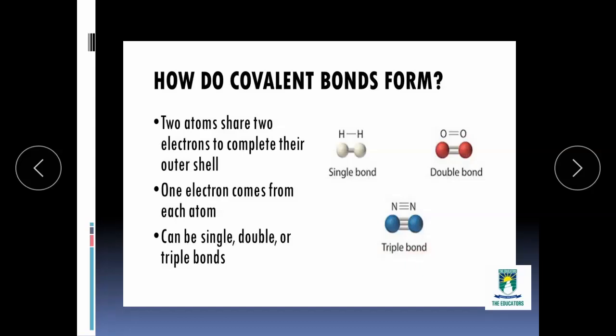So actually, a covalent bond is all about the sharing of electrons. And which electrons? The outermost electrons. We are not talking about the inner electrons. Sharing will always occur from the outermost shell of an atom. So 1 electron will come from one atom and 1 electron will come from the other atom. But there are two more possibilities: if 2 electrons come from each atom, a double covalent bond is formed, and if 3 electrons come from each atom, a triple covalent bond is formed. So let's discuss single, double and triple covalent bonds in detail.